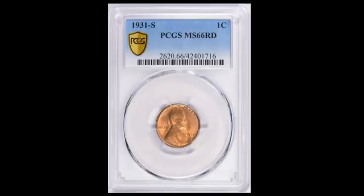Mid-State 67s, man, they're becoming way out of reach. They're $5, $6, $7, $8, $10,000 on much higher grade levels, so why not go for a 66? But these things have been jumping up quite a bit as well. The last example that sold this year was actually April 24th. This was very recent, as a matter of fact, just this past weekend. And this example that you see here is the one that sold, Mid-State 66 full red through PCGS. That example sold for